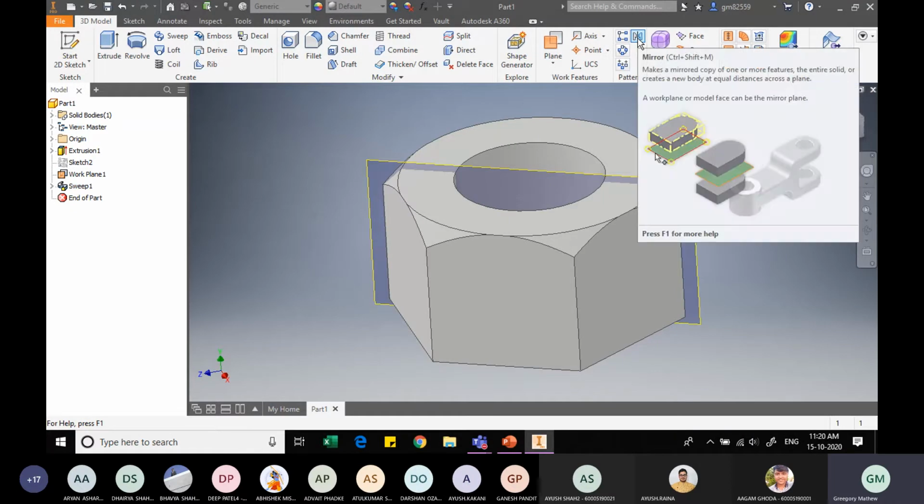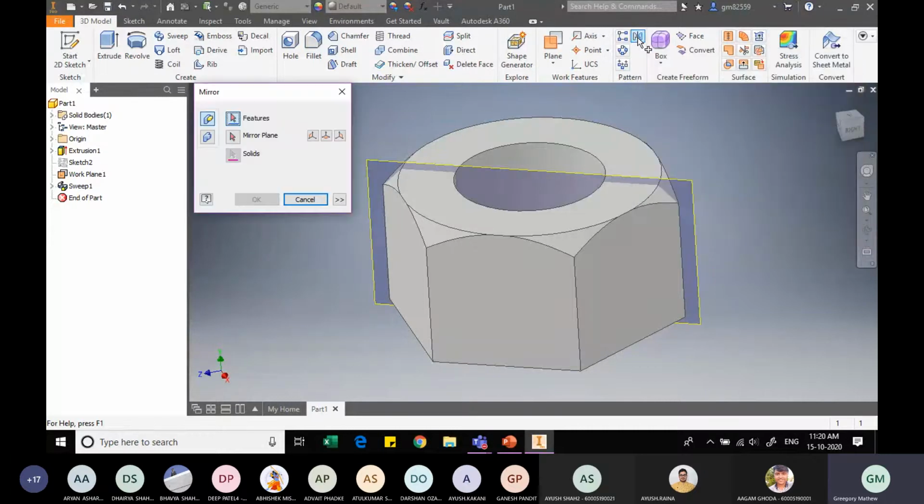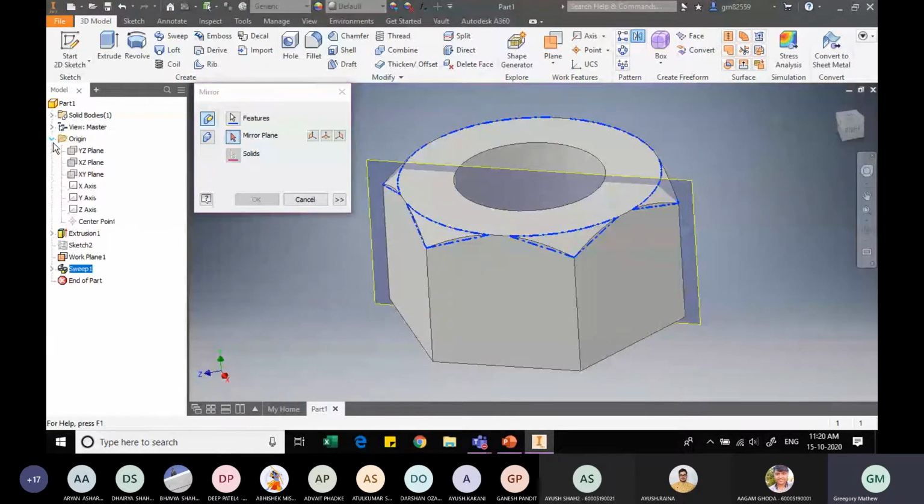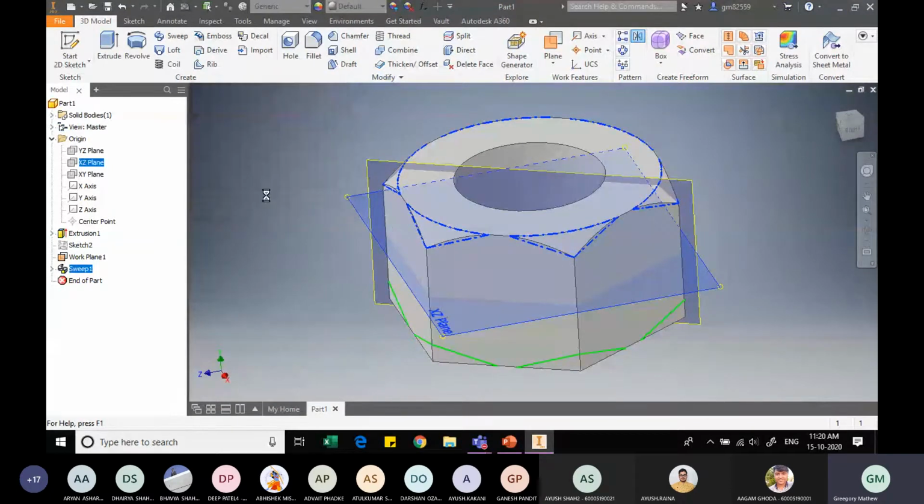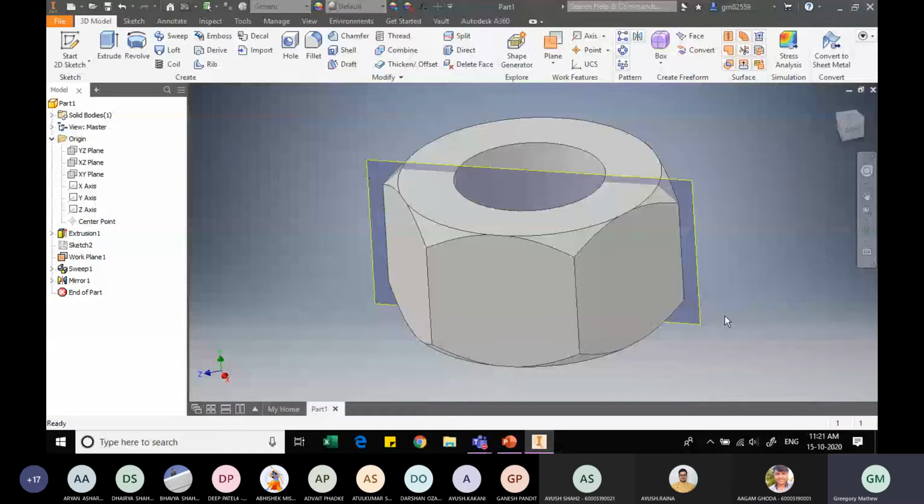This is for making these features that we have. We will mirror the features straight away using the mirror option. So I highlighted, and now they are asking me to select the features. I want to select this feature. And the mirror plane should be the plane which is passing through the center of them. Let me check which one is through the origin. XZ, no. Is this the plane? Or from here I can just check. Yeah, the XZ is the plane which is passing through the center, and I click on OK, and you see it is done.